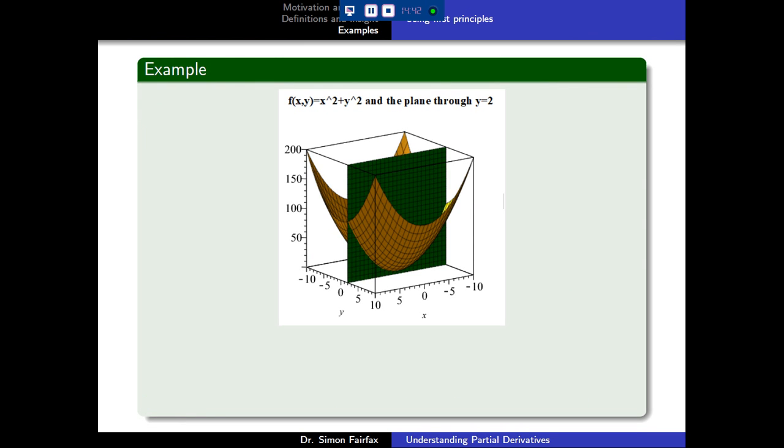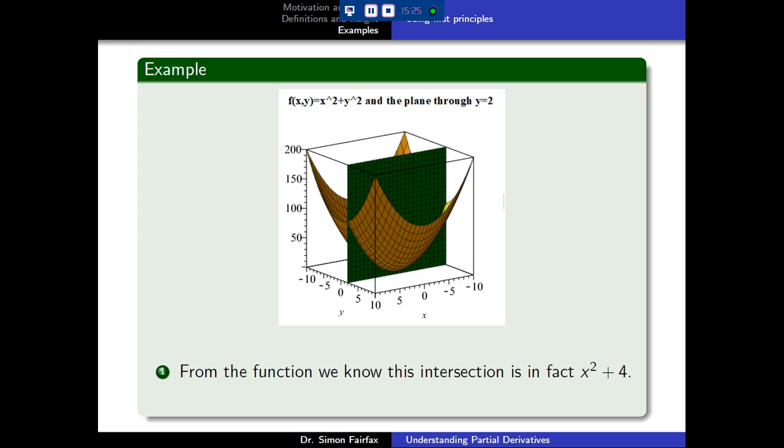Okay, does it make sense, our solution? The derivative in the x direction is 2x. Well, let's pick some y number. So we said y is fixed. Let's pick, let's say, y equals 2. So move along the surface in the direction of the x-axis, where y is always 2. Well, again, it's a little hard to visualize, so I'm going to draw the vertical plane that goes through y equals 2, and then move along the intersection with that surface. What can you see? Well, it looks a little bit like a parabola,